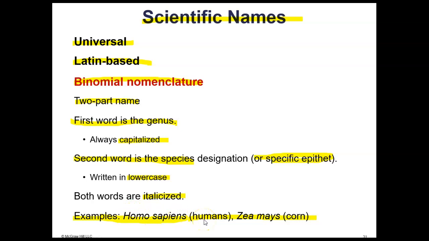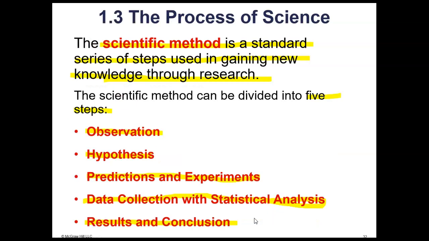So the scientific name for human: in other languages, the word for human is different, but the scientific name is the same no matter what language you speak, and it's a Latin-based name. The genus name is Homo, and that's capitalized, capital H. The species is sapiens with a lowercase s. And so the whole scientific name would be the genus plus the species, Homo sapiens, and that's all in italics. And then corn is Zea mays, and you can see how that's written here. Okay, so that's how you would write a scientific name, the genus plus the species name.